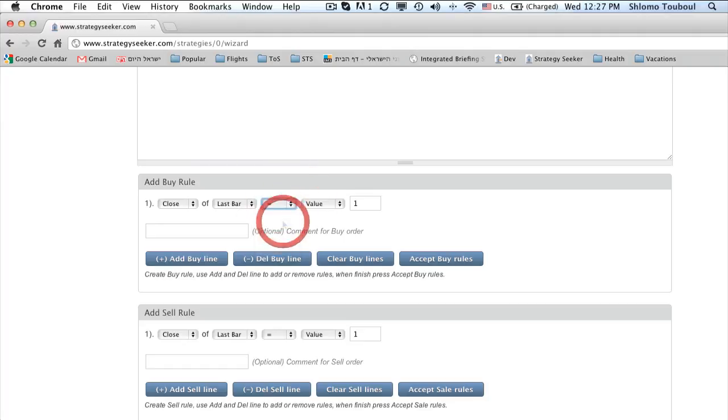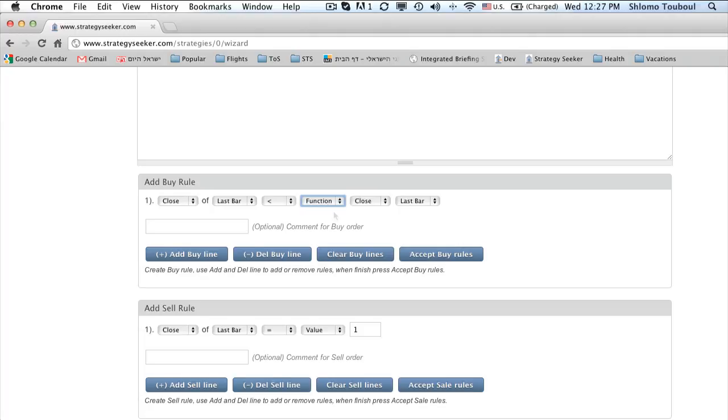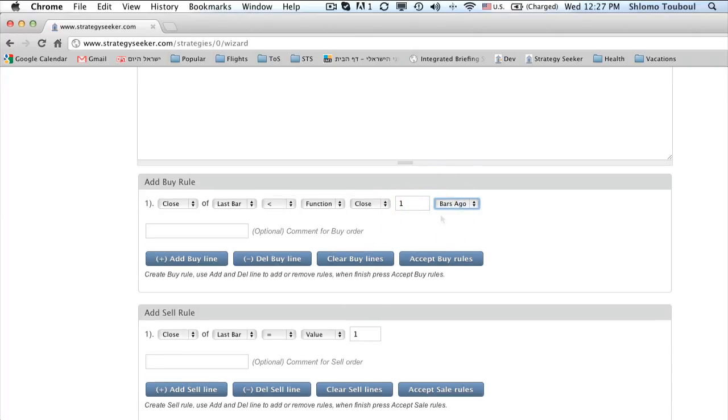Smaller, you choose smaller. Now I can choose a value 1 or any other value or a function. And we'll go to function. We'll have additional options here. And we'll choose close of 1 bar ago. So this basically represents a rule in which if the close of last bar of yesterday is smaller than the close of a day before,